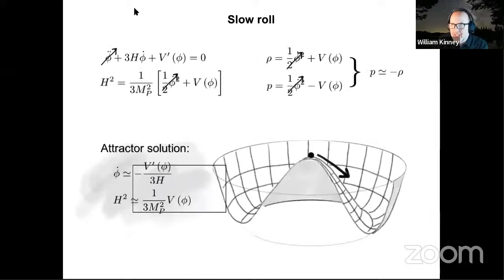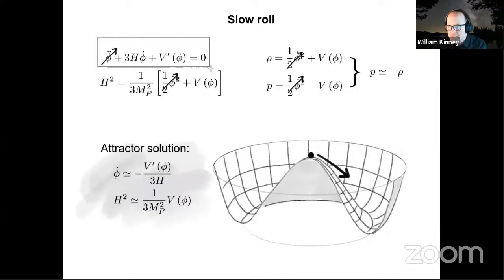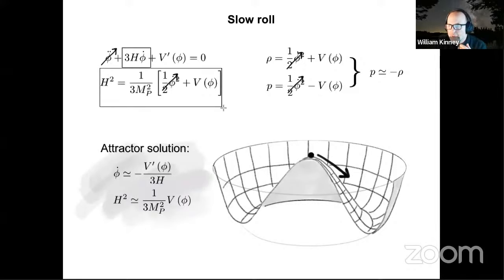And then in this basis, if we write down stress energy conservation, we have an equation of motion, which is a standard classical equation of motion for a scalar field, with the exception that it has an additional term, which is a drag term from expansion. The field, like anything else in an expanding cosmology, tends to lose momentum. And that drag term is given by the Hamiltonian of the field. Now, one thing I want to point out here is that this is a deceptively simple equation because it's a nonlinear equation, right?